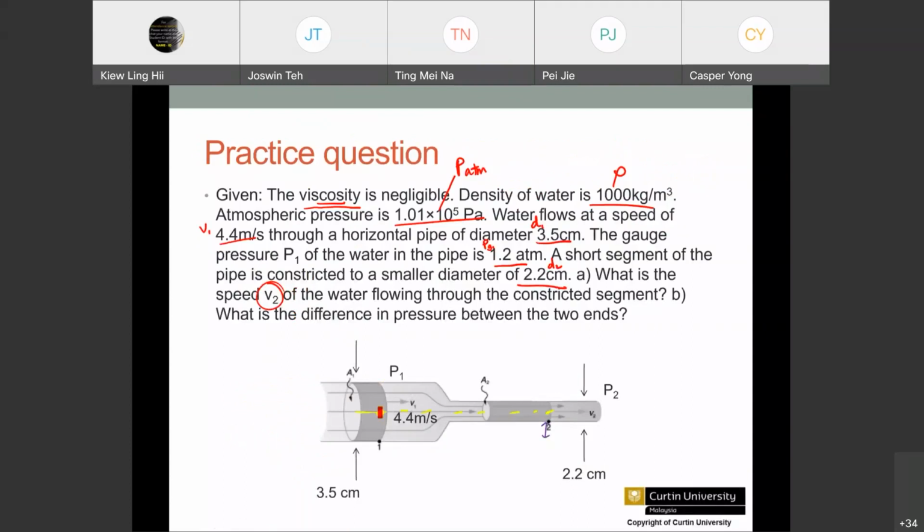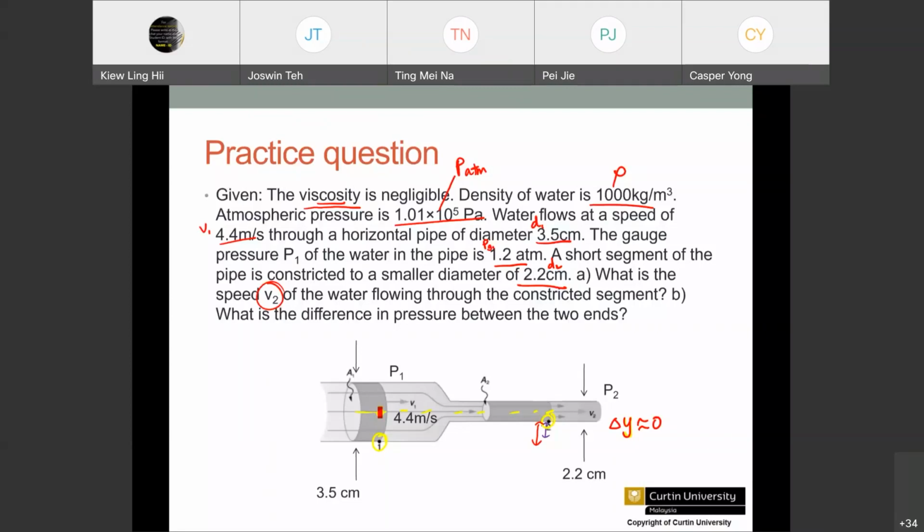However, even if we take these two points, the change in Y is still considered as equal to 0 because the change in height is too insignificant. Okay, that is one thing for the Bernoulli principle. There have to be a lot of assumptions in order for us to solve some equations.